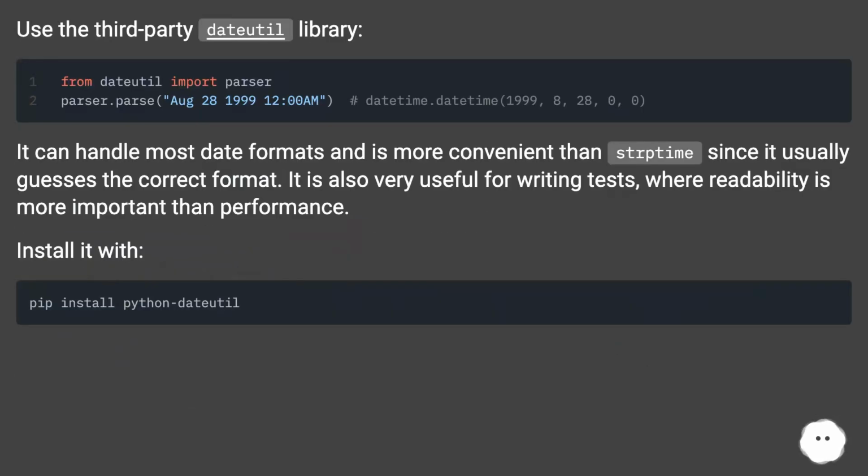Use the third-party dateutil library. It can handle most date formats and is more convenient than strptime since it usually guesses the correct format. It is also very useful for writing tests, where readability is more important than performance. Install it with